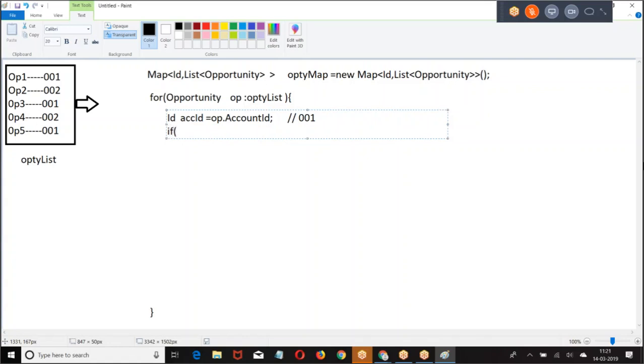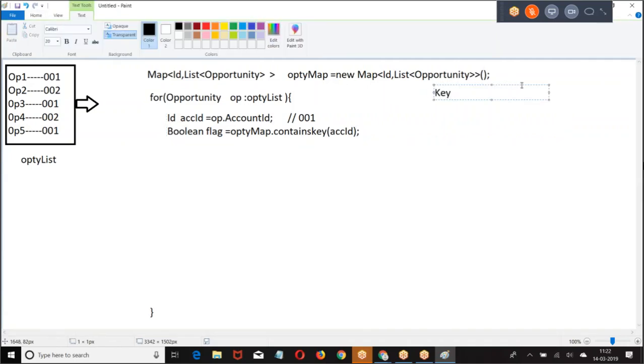Check if I'll give a boolean flag equal to optiMap dot containsKey. Now I am asking whether this opportunity map contains the key called 001.